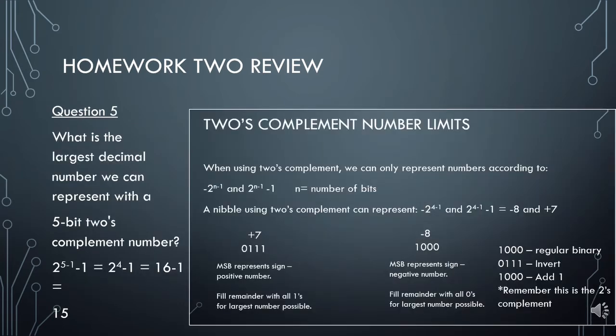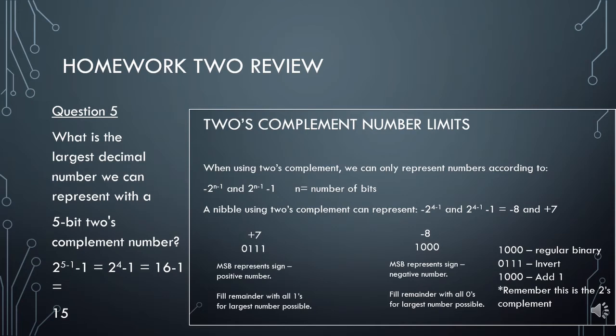Another question that was commonly misanswered from homework 2 was question number 5. What is the largest decimal number we can represent with a 5-bit 2's complement number? Common answers to this question were 31 and 32. But in fact the answer was 15. So I've inset again this slide covering this concept from week 2, and we'll go ahead and review the 2's